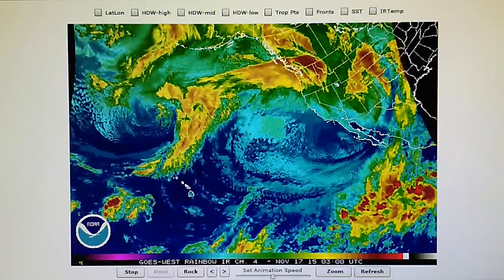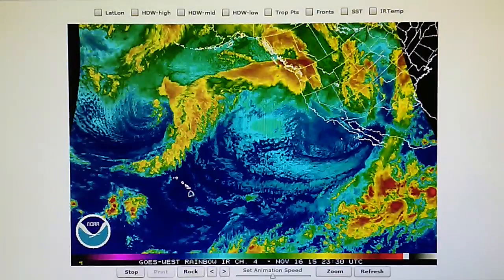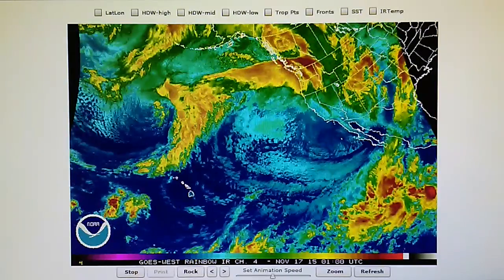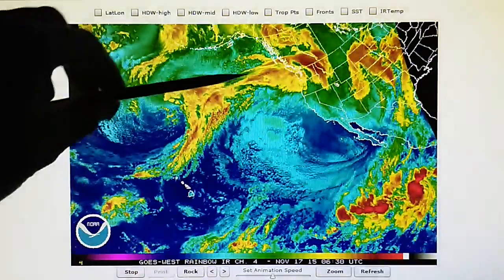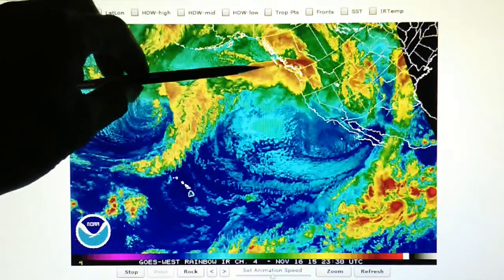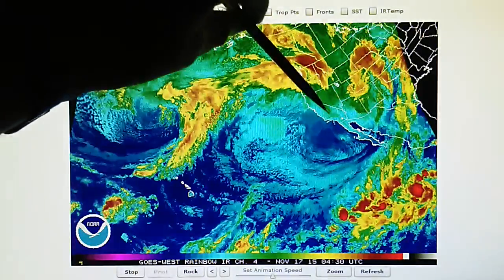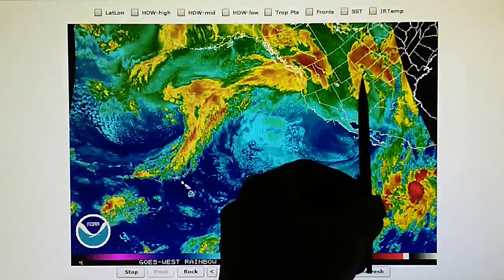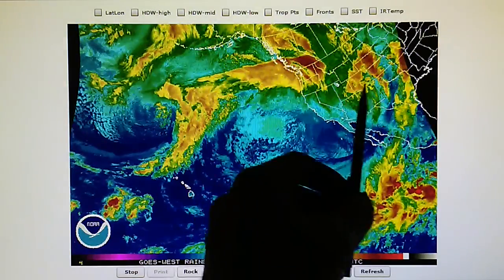Okay, today is November the 16th, 2015. We're watching the infrared loop for the Northeast Pacific, and we can see a moisture field moving into Oregon and Washington. This is actually the jet stream. This should be diving down through California and making a U-turn and following right back up into this low pressure